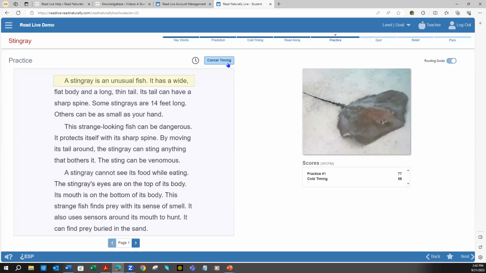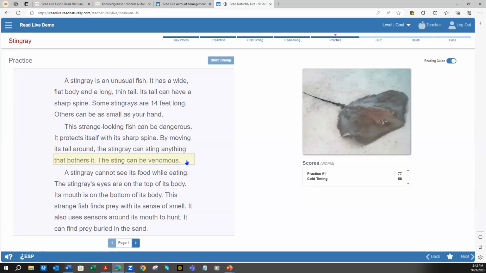You'll find our stories. They're all nonfiction. They're always high interest. The kids just love them. And what we found when I used this program for over 20 years as I worked as a Title I interventionist. And what I found is my students, let's say they were doing this story on stingrays, they get so interested in it, they would start researching it outside of their time that they were spending with me learning about it. So it really piques a lot of their interest. In the beginning, when the students get their first set of stories, you'll find that they choose the ones that they like the best, like the topic maybe that they already know something about, or a topic that they're